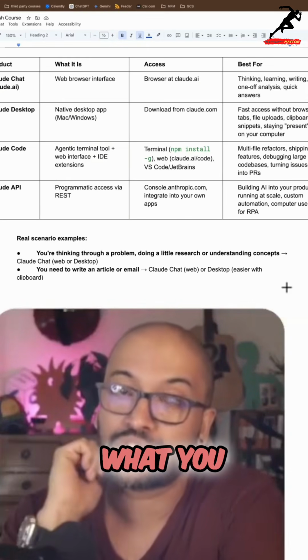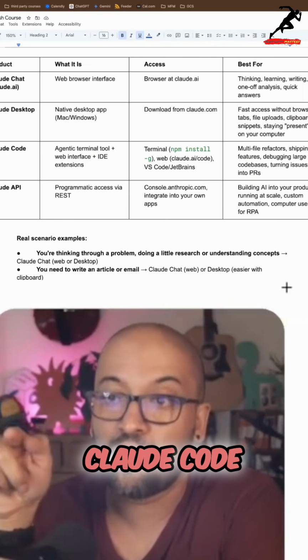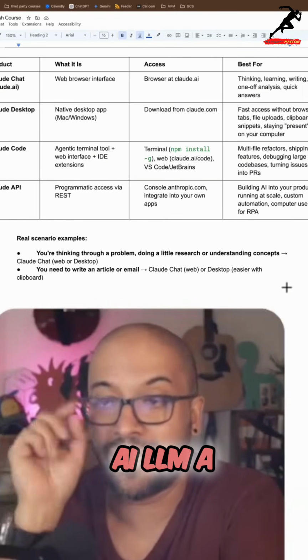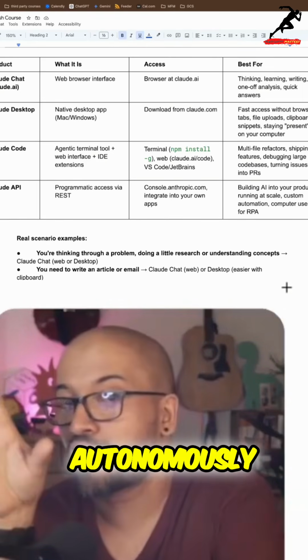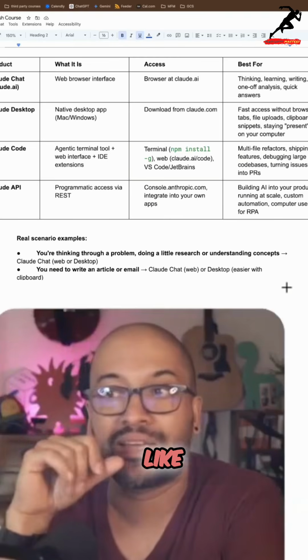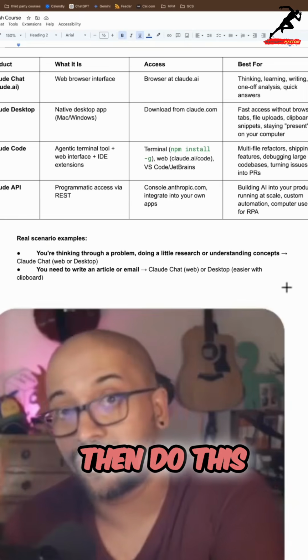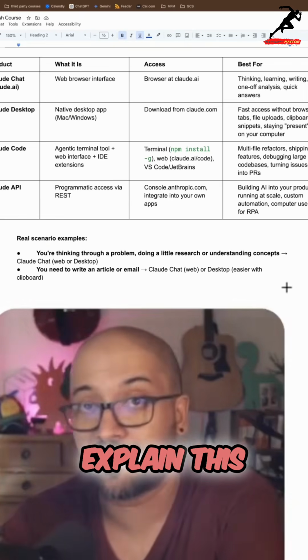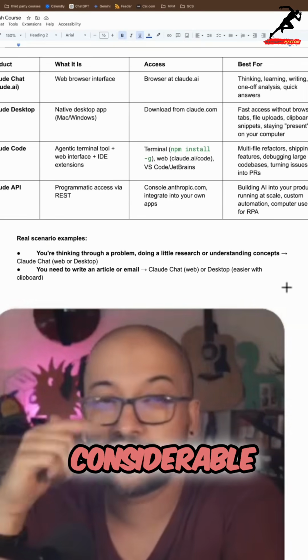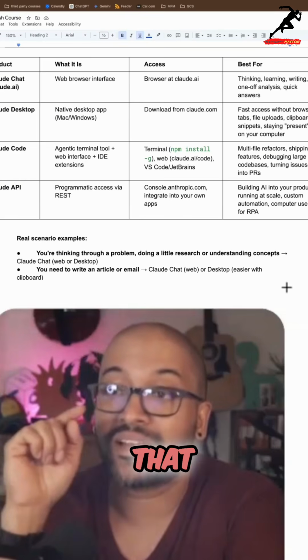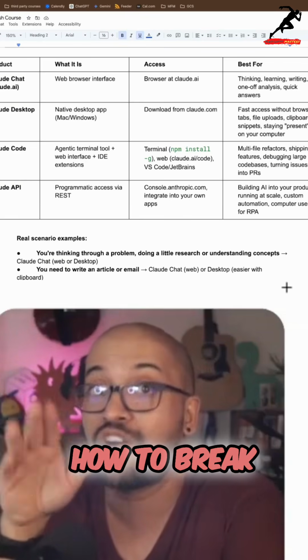Agents is more like what you saw when I was showing you Claude Code, where you give the AI LLM a series of tasks and it kind of autonomously does it, and there's no fixed path. Like, it was not clear what decisions it was going to take. I didn't tell it do this next and then do this next and then do this next. I just said, hey, I want you to explain this code base to me. And there was a considerable amount of autonomy that Claude had in deciding how to break that task down